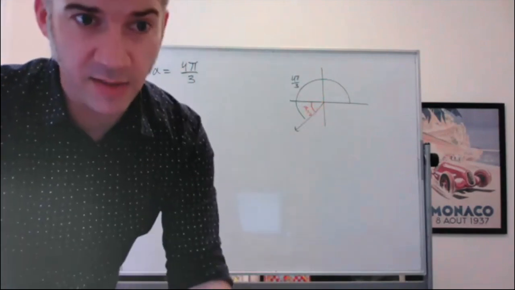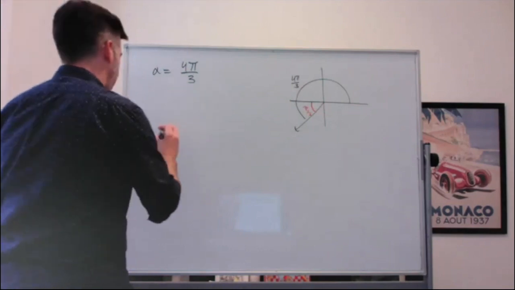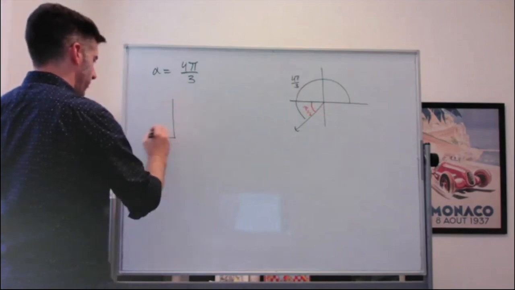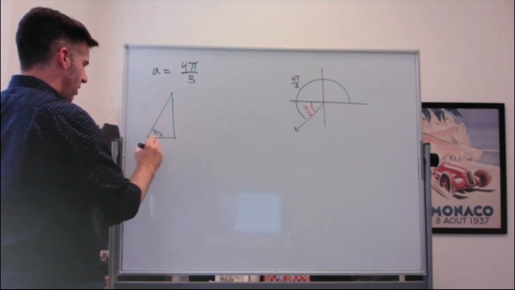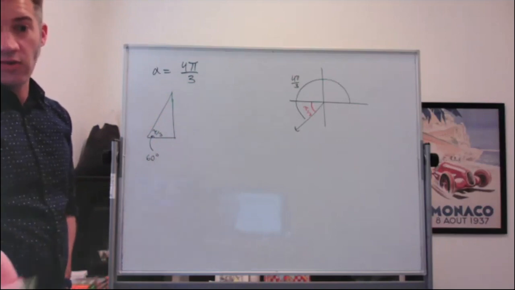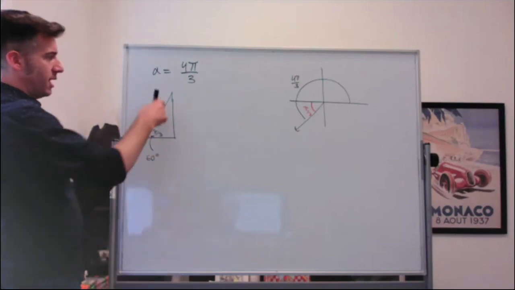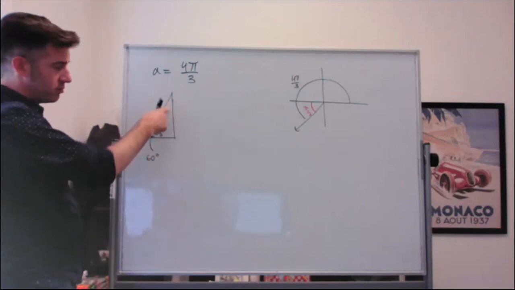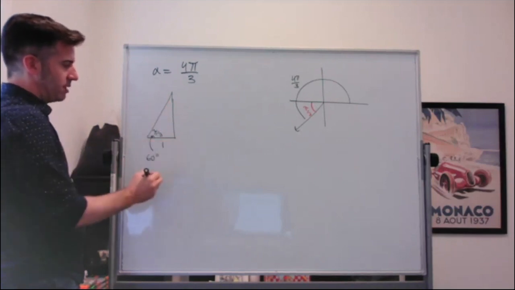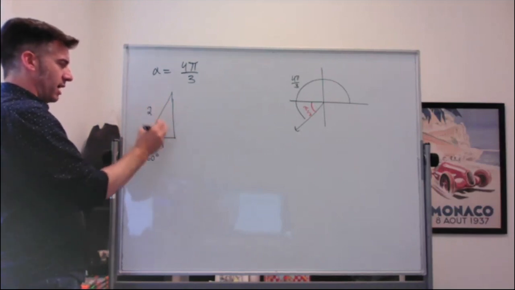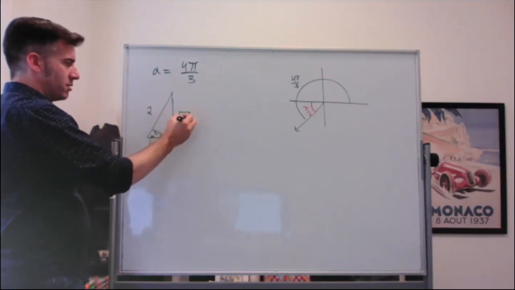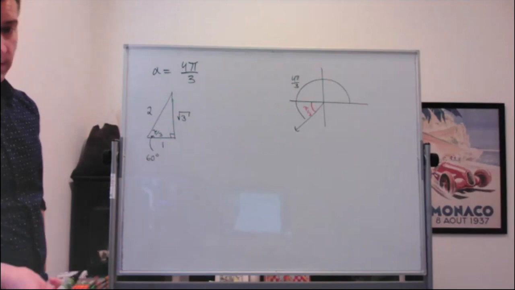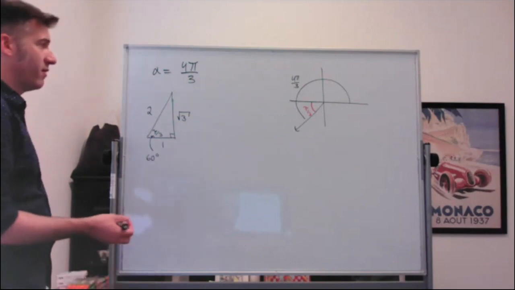So if I was finding the trig functions of this angle, I would draw the triangle for pi over 3. Or if you prefer, you can say, oh, I know that's 60 degrees. And in the 30, 60, 90 triangle, the side that's opposite the 30-degree angle is the smallest side. The hypotenuse is the biggest side. And the side that's opposite the middle angle is the middle value. That's how I always think about it. So if I'm trying to find